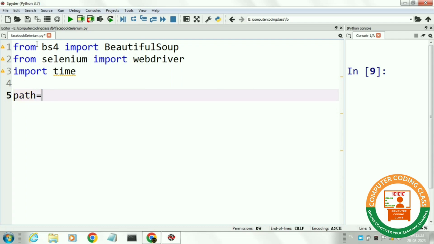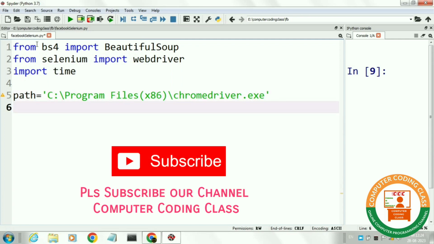Next we will specify the path of Chrome driver. If you have the Chrome web browser in your system, then you also have Chrome driver installed. Just find out the path and then specify it here. Mostly it is found in the C drive, in the Program Files folder.